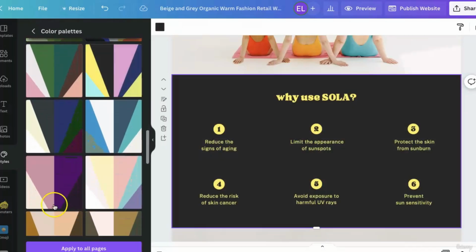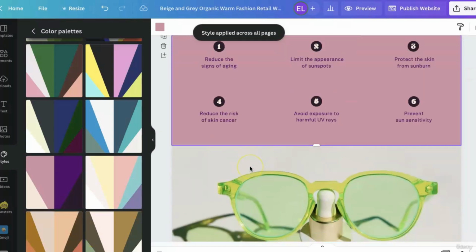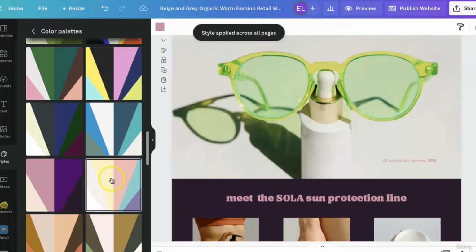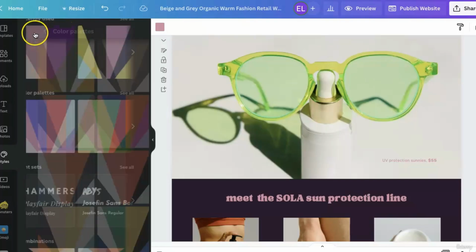The first time you click on a color palette, it'll go to a default, and then if you cycle with the arrows, it'll change. And then it's changing just the one page, but if you want to apply to all, you can. And then it'll have applied it everywhere. That's just for color palettes. If you go click back,